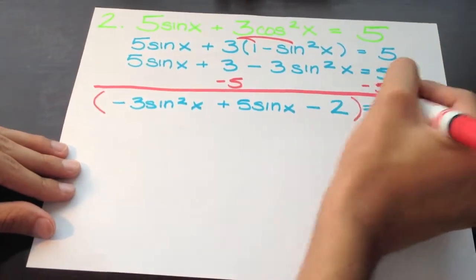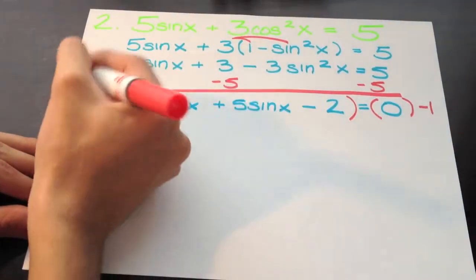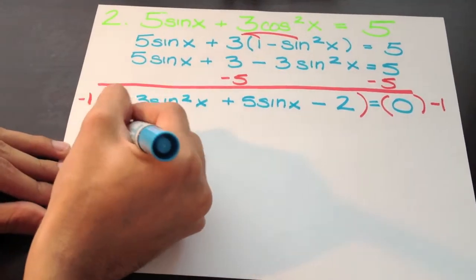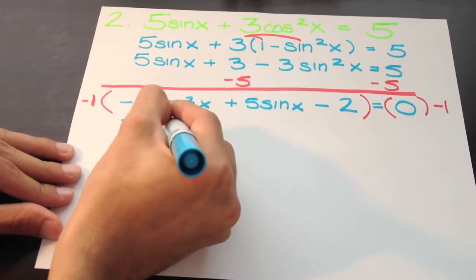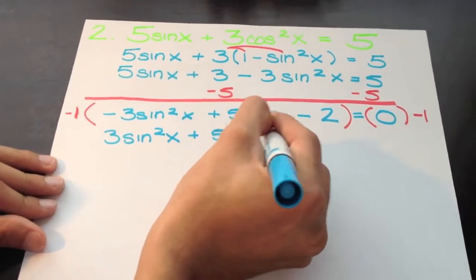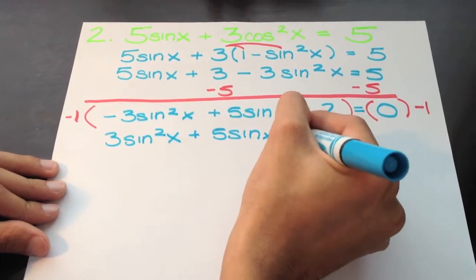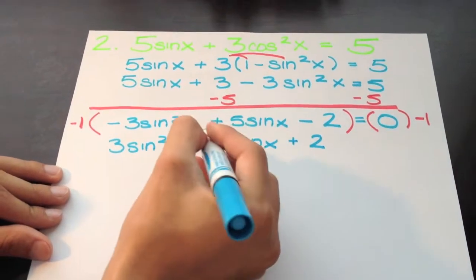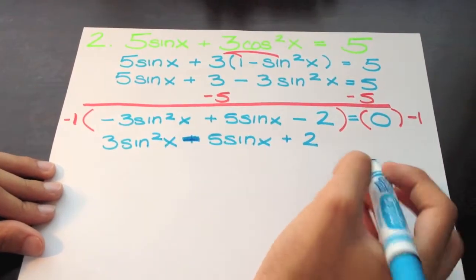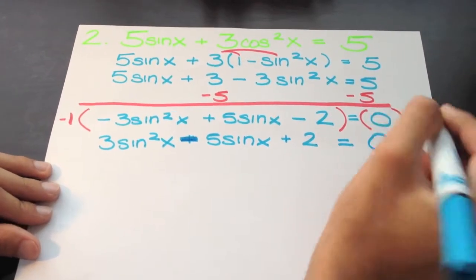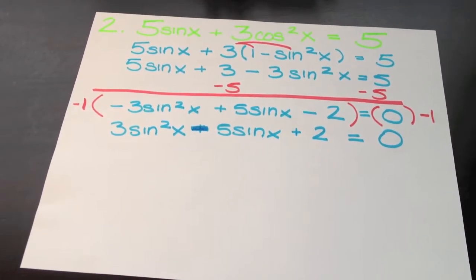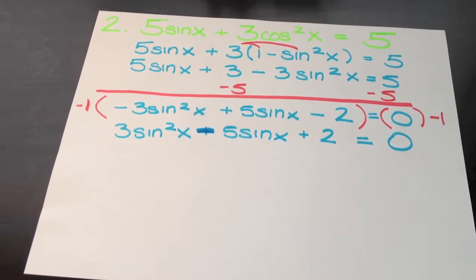So you multiply both sides by negative 1, and that's going to give us 3 sine squared of x minus 5 sine of x plus 2 equals 0. So we're going to FOIL out this quadratic, and that actually gives us